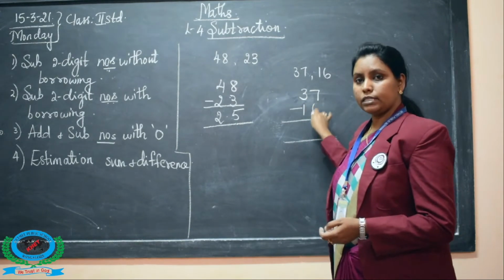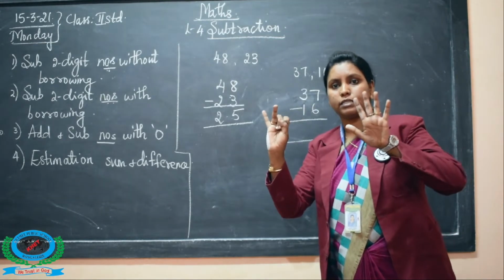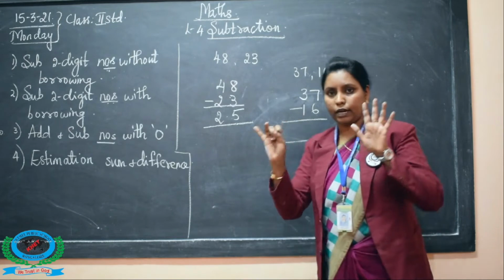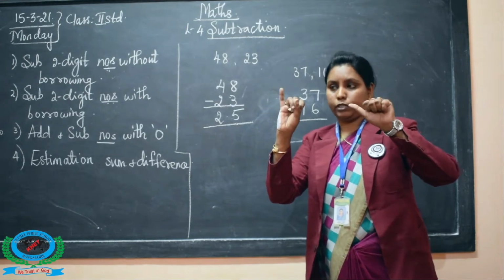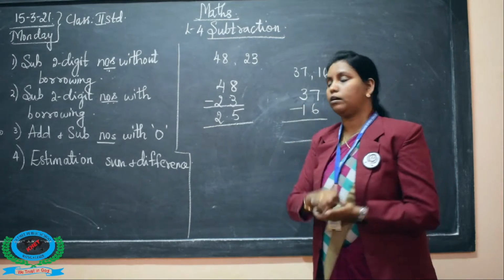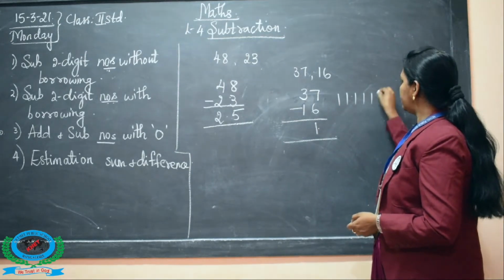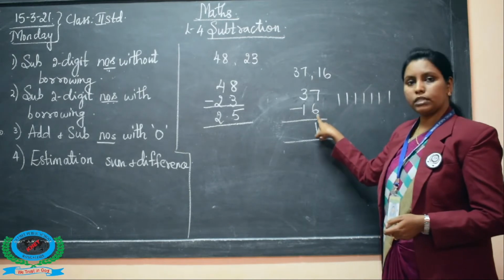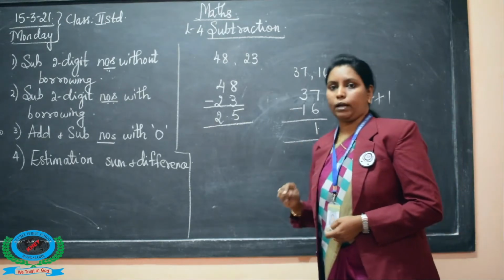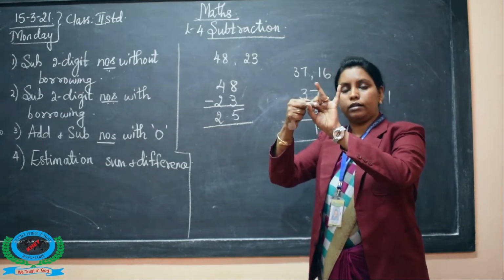Okay. Now 7 and 6. Subtracting 6 from 7. So what you will do? Take it in your fingers, as easy as that. So 7 you have taken in the fingers and 6 you should cut it out. So how you will cut out? So you will cut out 6 from that. Okay. So what is remaining there? 1. Or what is the another method I told you all? 1, 2, 3, 4, 5, 6, 7. Okay. And now 6 numbers you will cut down. 1, 2, 3, 4, 5, 6. So the remaining is 1. So similarly 3 minus 1. The remaining is 2.